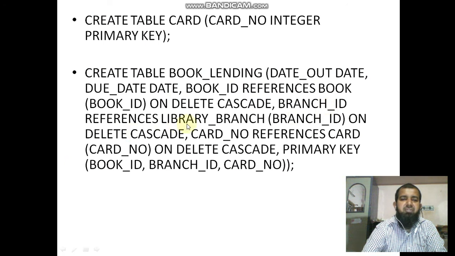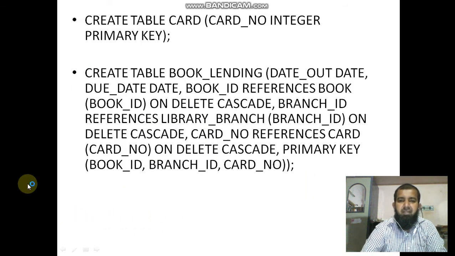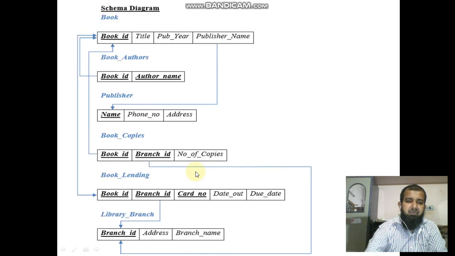Then branch ID of book lending is a reference to branch ID of the library branch table, on delete cascade. Card number is a reference to card number of the card table, on delete cascade. Which are the primary keys? Book ID, branch ID and card number are the primary keys.